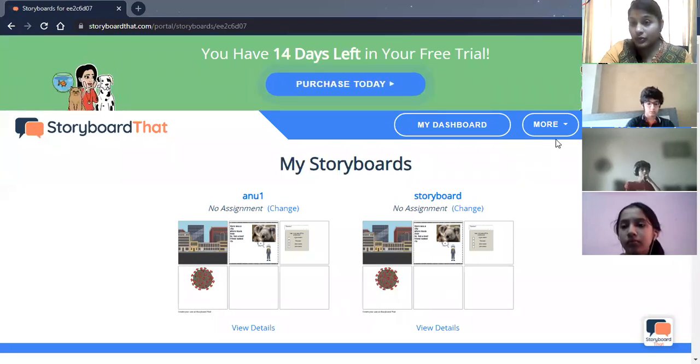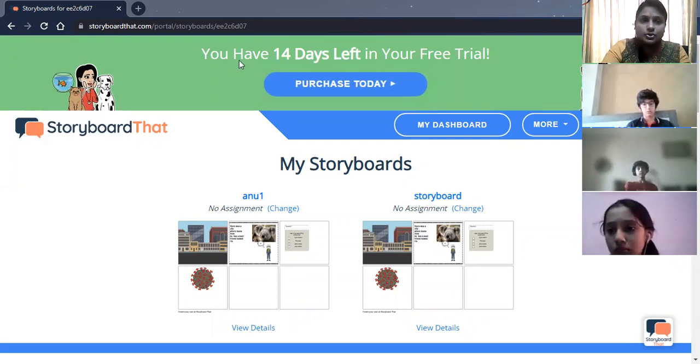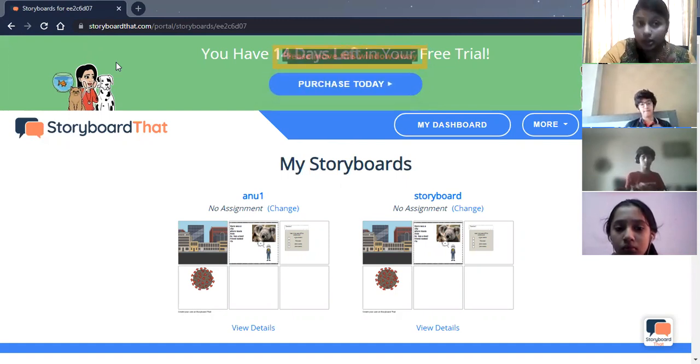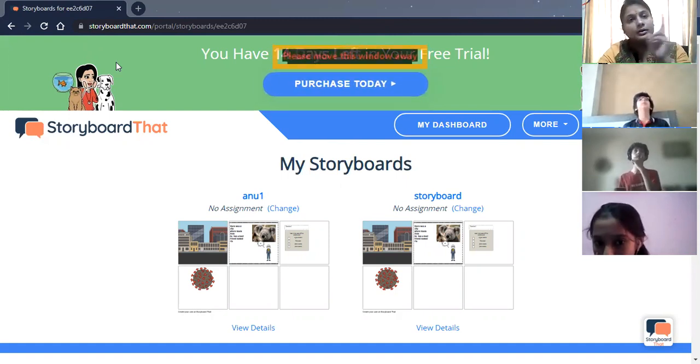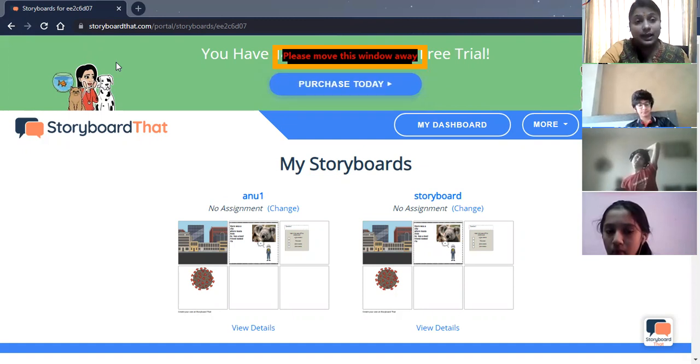Today I was trying some features for you. The first thing you have to do is log in to the storyboard. In order to log in, as you do with your email IDs, or as we do with Canva, you can log in with the help of your Google account, or you can make another login ID in Storyboard by including your information and creating your ID and password, and then you can go into this storyboard.